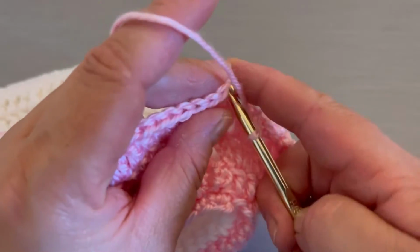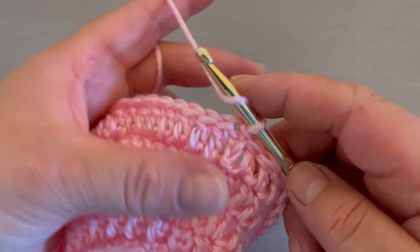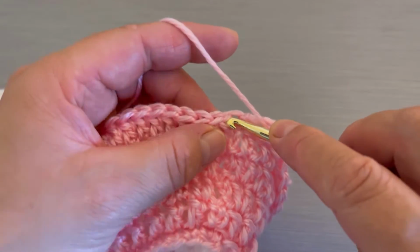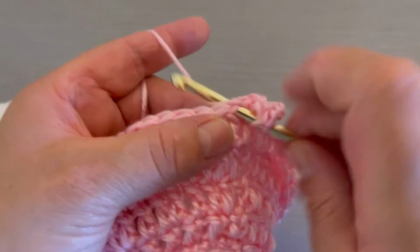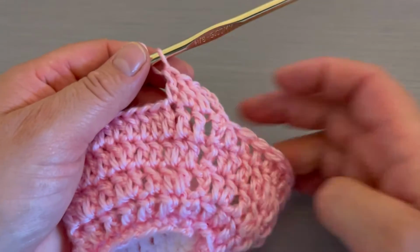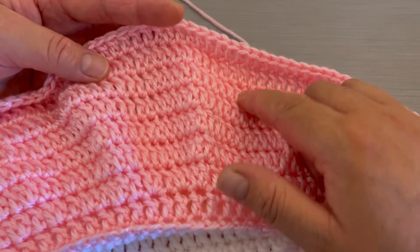I will slip stitch on top of the chain 3 at the beginning, and from now on we are going to be making 1 double crochet on each stitch. I will make about 8 rounds in total, and I will come back with you. Just continue making 1 double crochet on each stitch around. Okay, in total I made 1, 2, 3, 4, 5, 6, 7, and 8